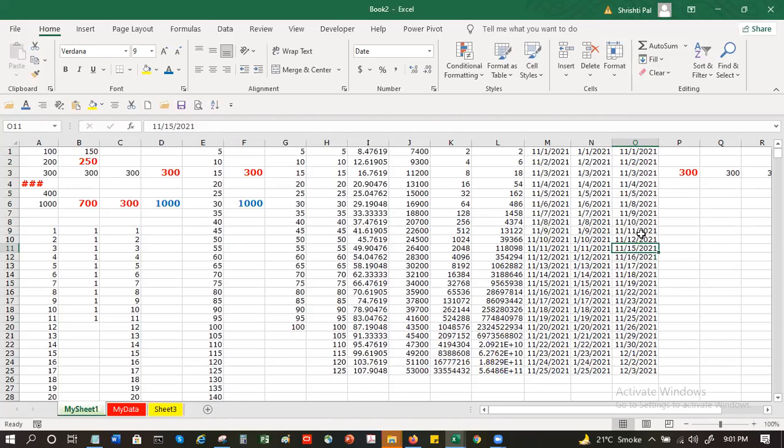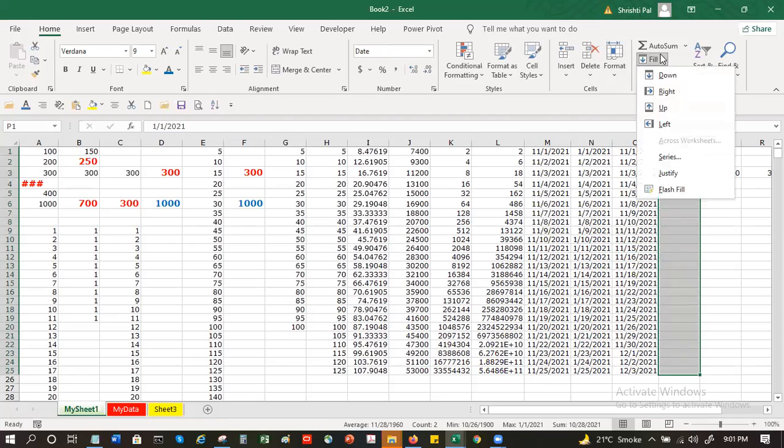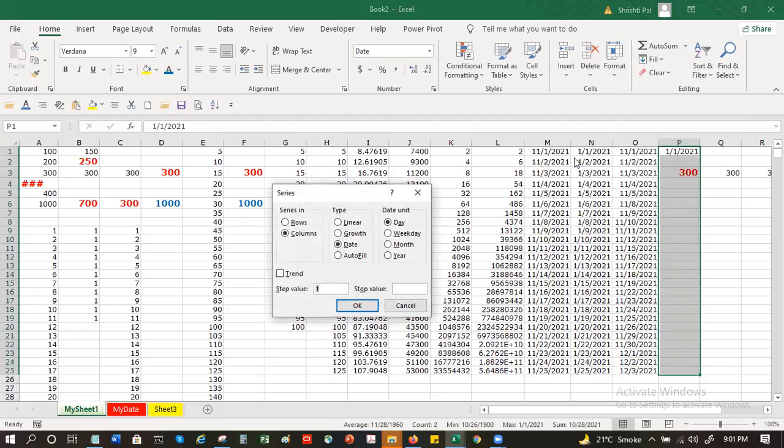Clear? Yes. Now this was based on days. If I were to do this with month, what can I do? I will select this again, go to fill, go to series, and I will choose month here. First one was day, second one was weekday, third one is month.